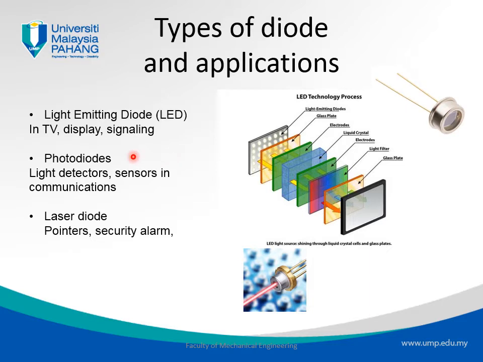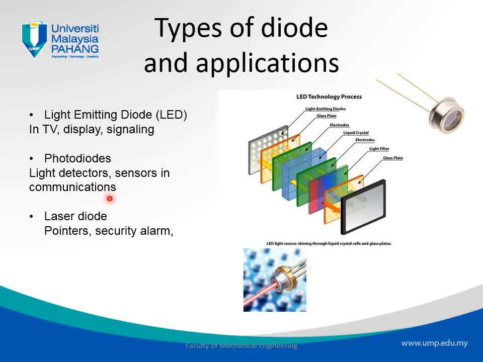The second one that is used a lot is photodiodes. So what is a photodiode? It is a kind of diode that is used as a light detector. This is a sample of photodiodes. It is sensitive towards photons, basically towards light. It receives light and reacts to that light. So it's used in light detectors. We have many light detectors today that operate our homes intelligently, and we also use them in sensors,